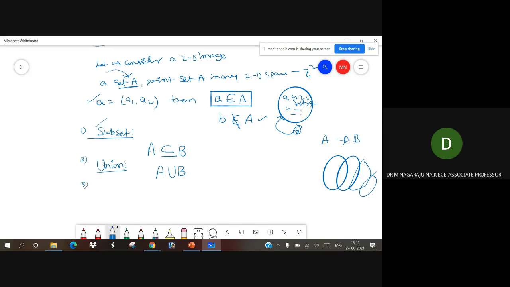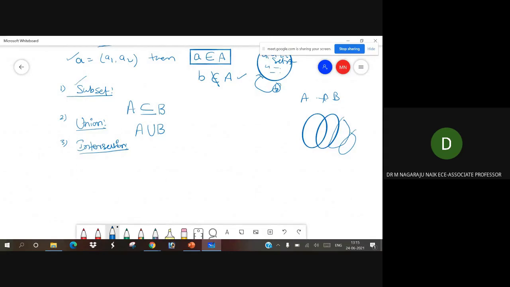Then the third one, intersection. The intersection is nothing but A intersection with B. That means all the elements that are common.